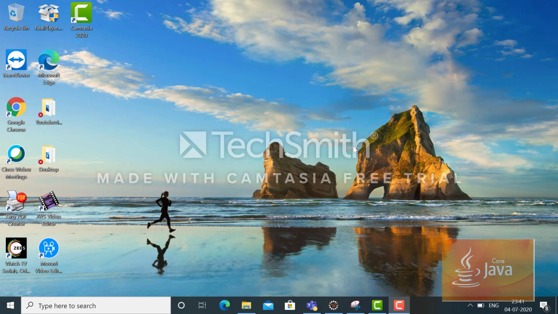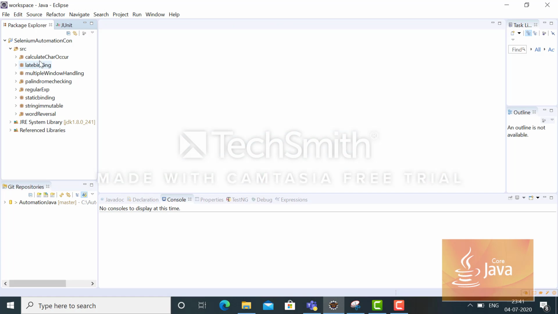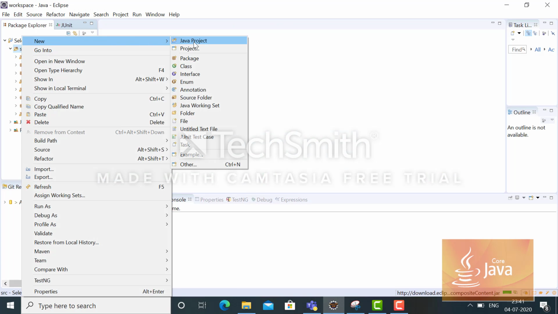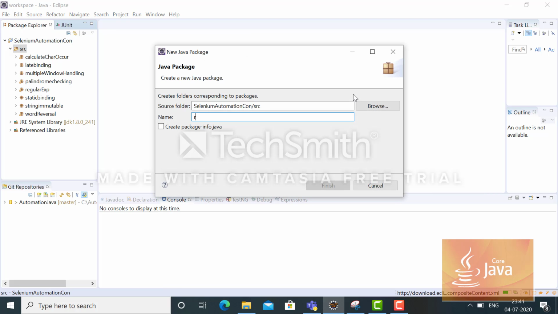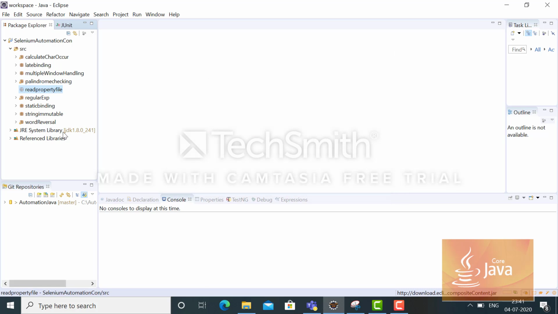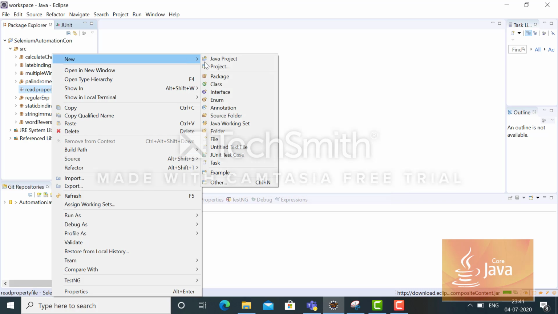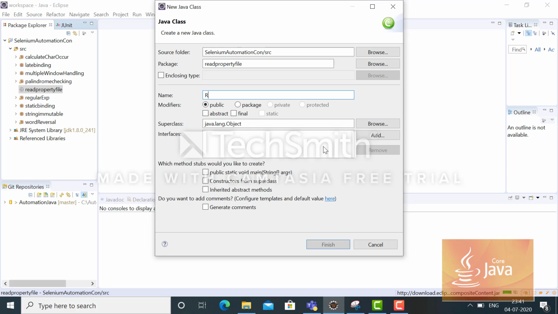Today we will discuss how to read a property file using Core Java. Okay, so let's open Eclipse. Here I'm creating one package, Read property file. Then I will create one class under this. I'm including main method,